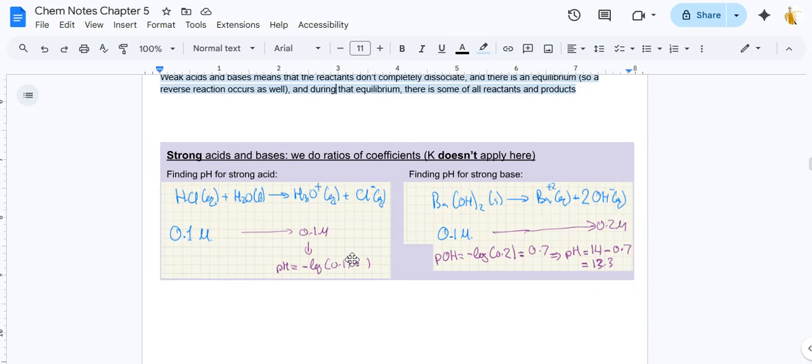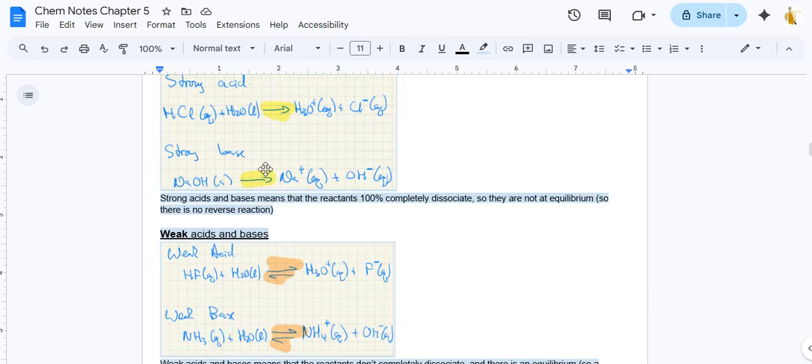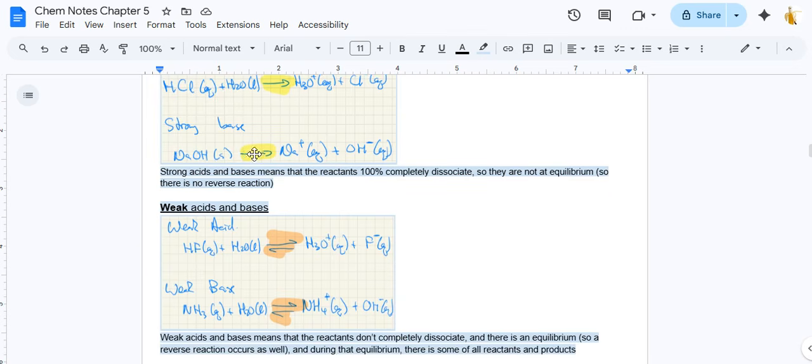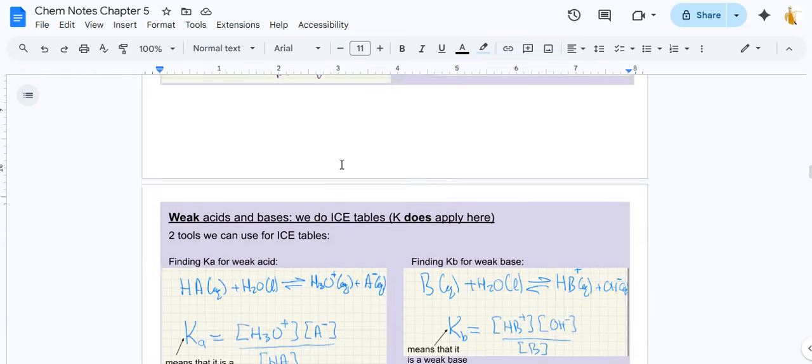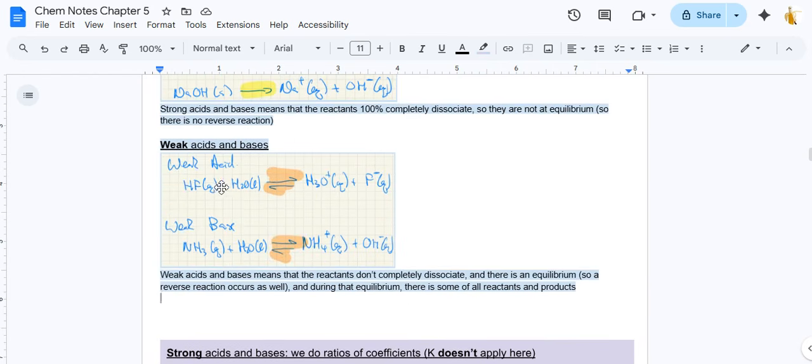One way to know is if it's a one-way reaction or an equilibrium reaction. If the question is an equilibrium reaction, so if it's asking us to find the pH of weak acids and bases,